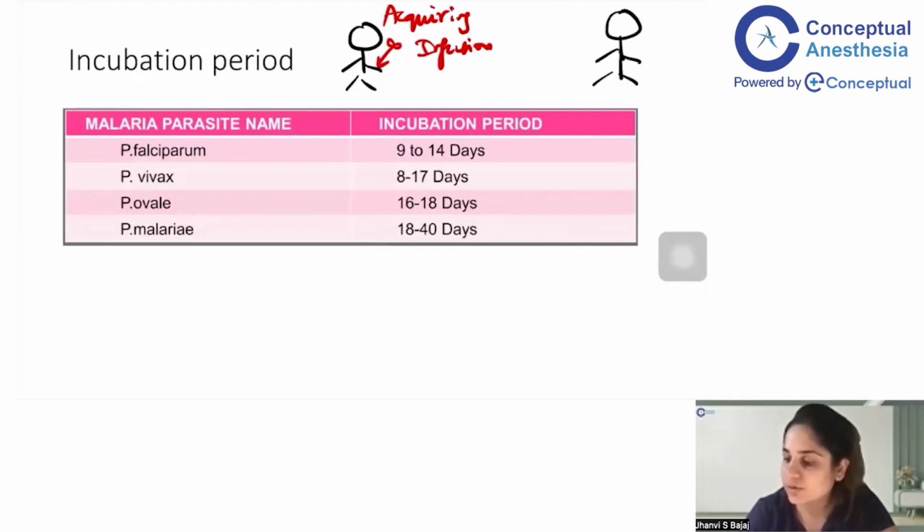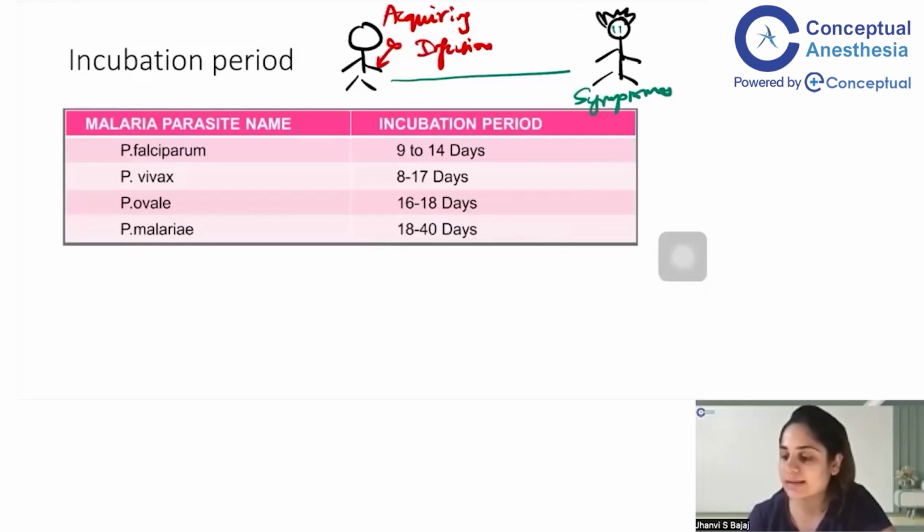So I'm going to show that he's crying. He has green tears, he's crying. Okay, so this is because he's become symptomatic. So this person has now started getting fever, chills, toxemia because of the malaria. So the time from actually acquiring the infection to the beginning of the first symptom in the patient is called the incubation period. So if you see, the incubation period for malaria is roughly about 1 to 2 weeks.